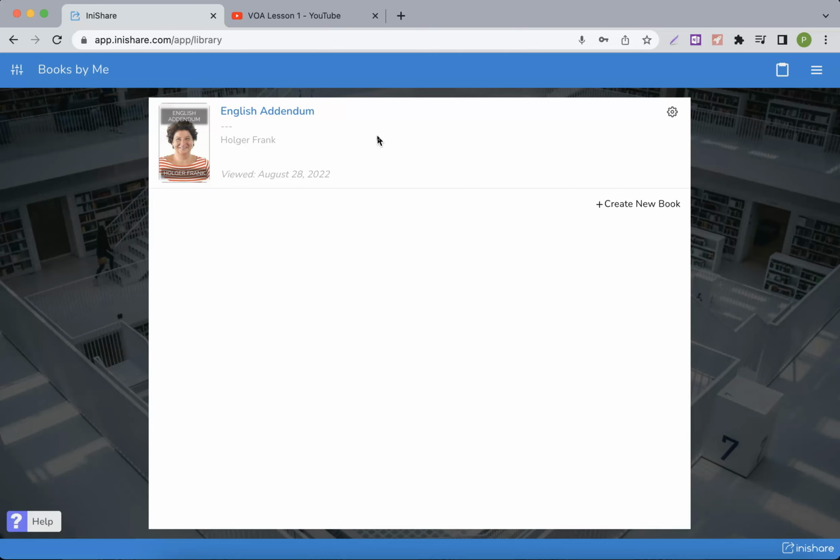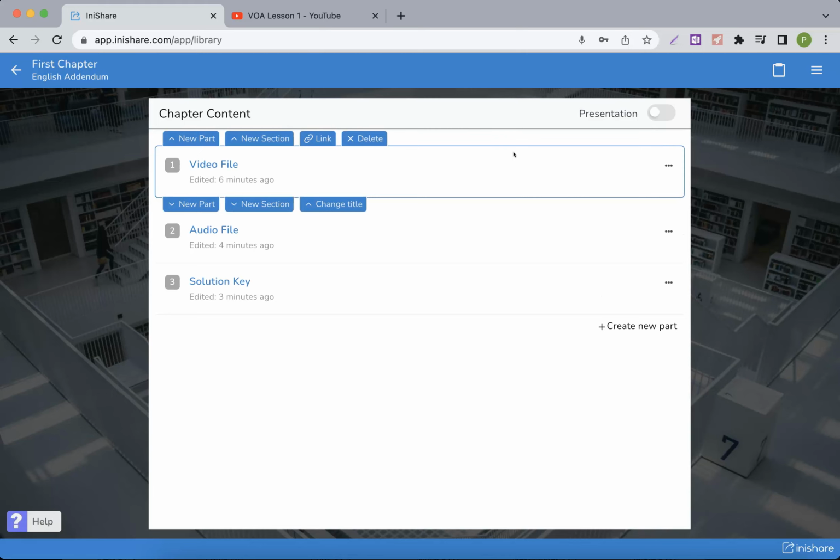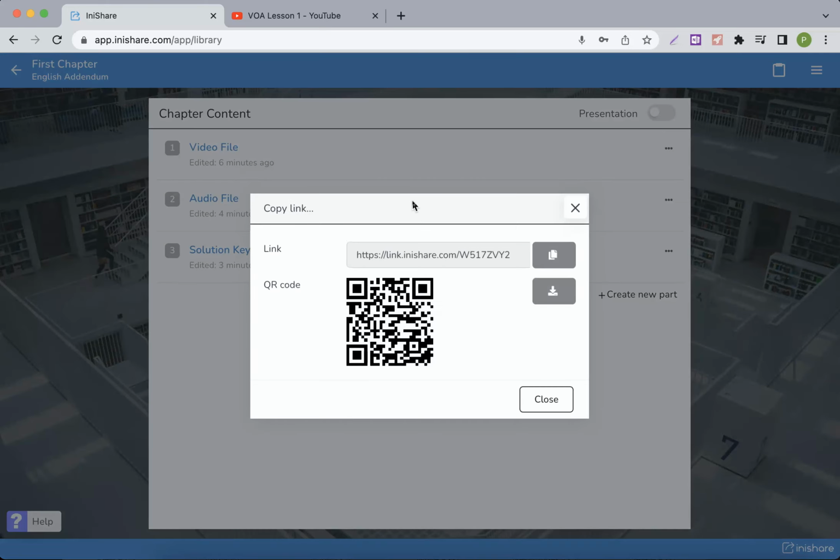You may also create links for individual parts by going to the list of parts. Now let's click on the three dots next to the part we want to get a link for, and then click on the link button. We get a link sending the reader straight to this part. You can include the link or the QR code at the point where you want your reader to access your online addendum. But the reader needs to first get access with the main link shown above before they can access individual parts.